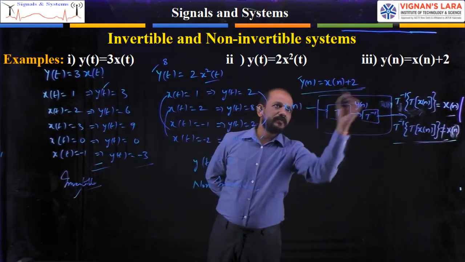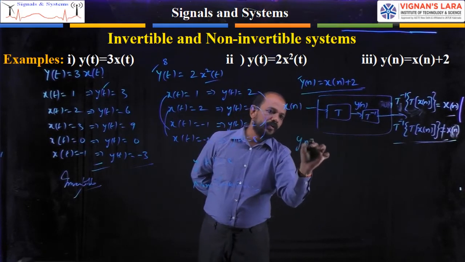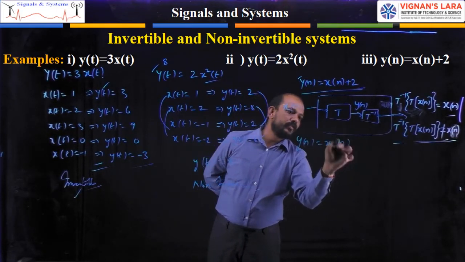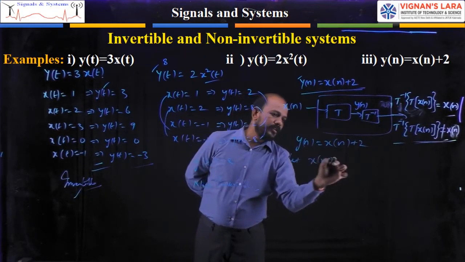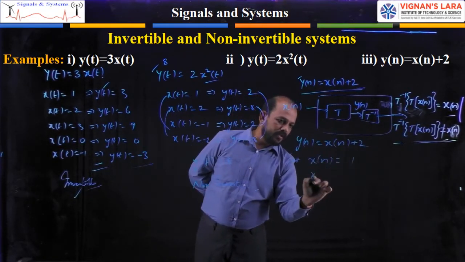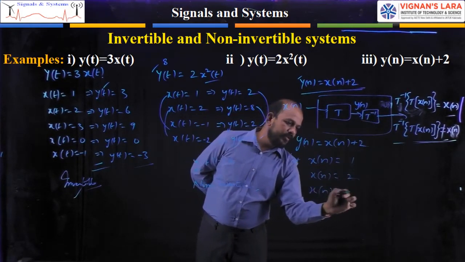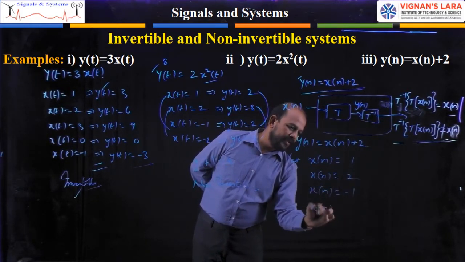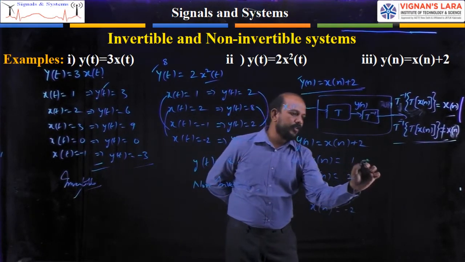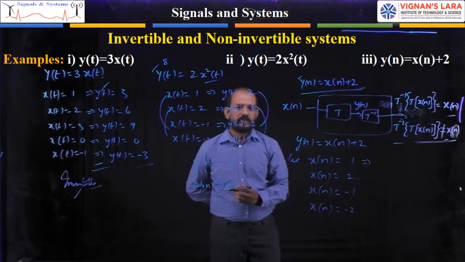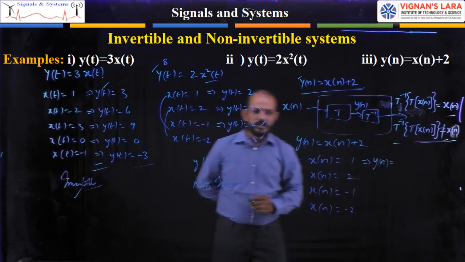In this equation, they had given y of n equal to x of n plus 2. Let x of n equal 1, x of n equal 2, x of n equal minus 1, x of n equal minus 2. I have taken 4 examples. So for x of n equal to 1, what is the output? What is the output? y of n equal to